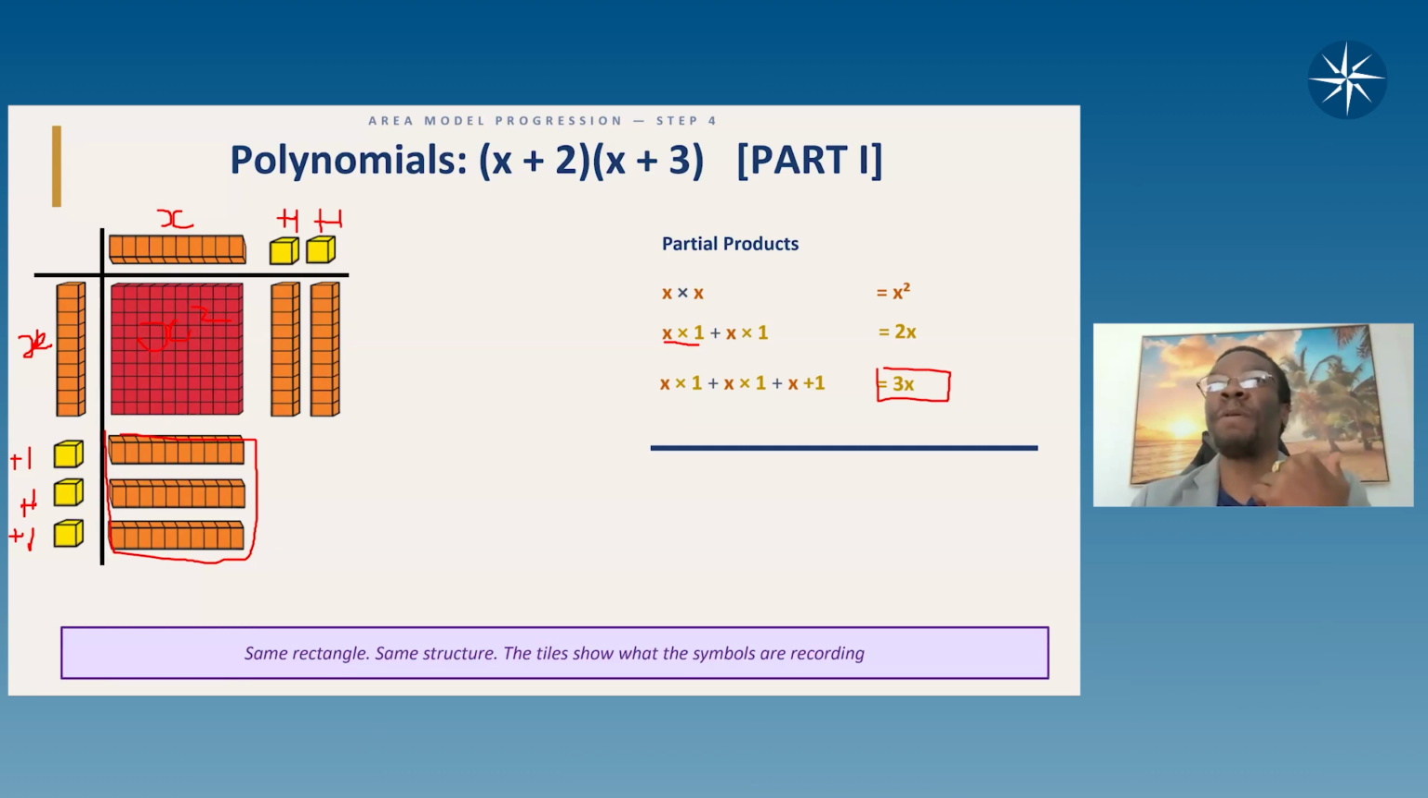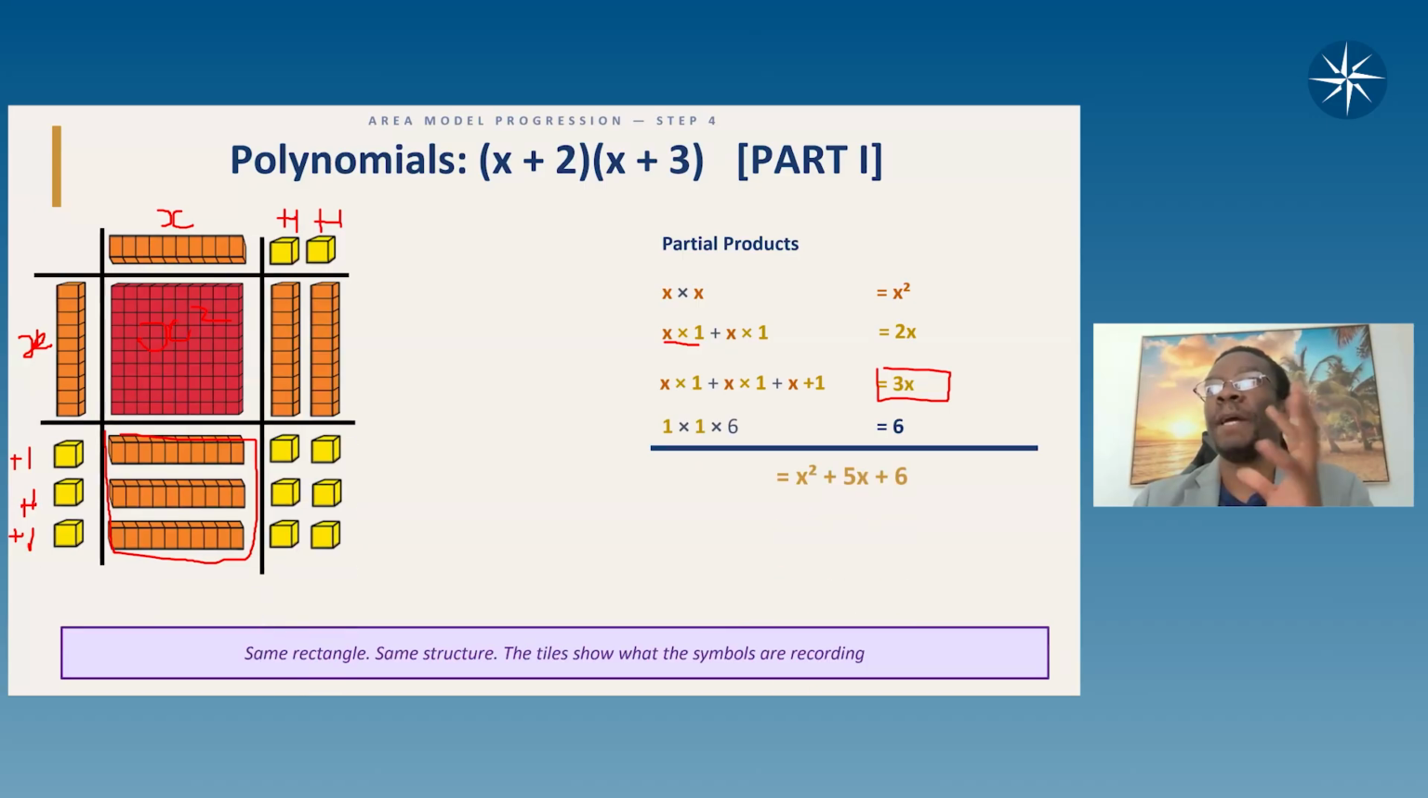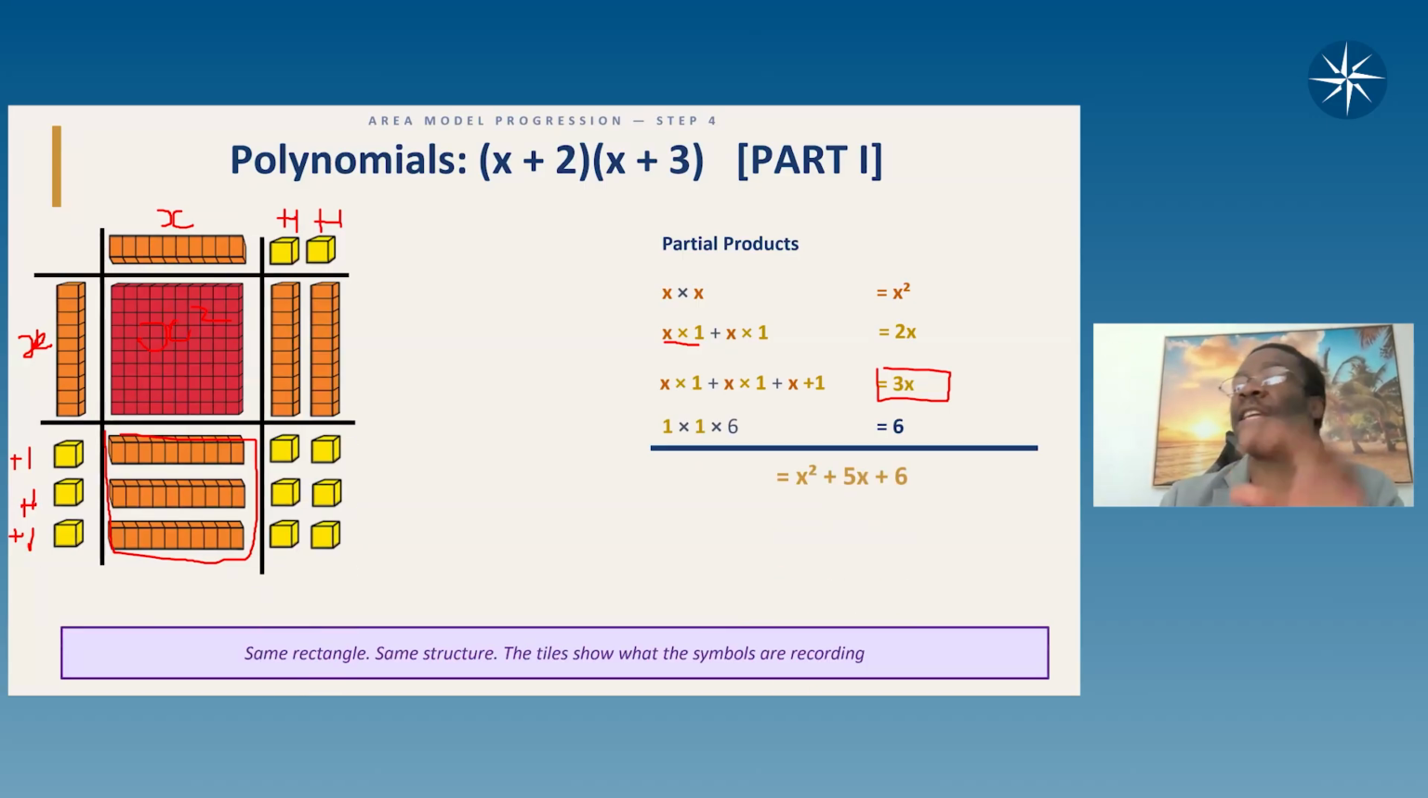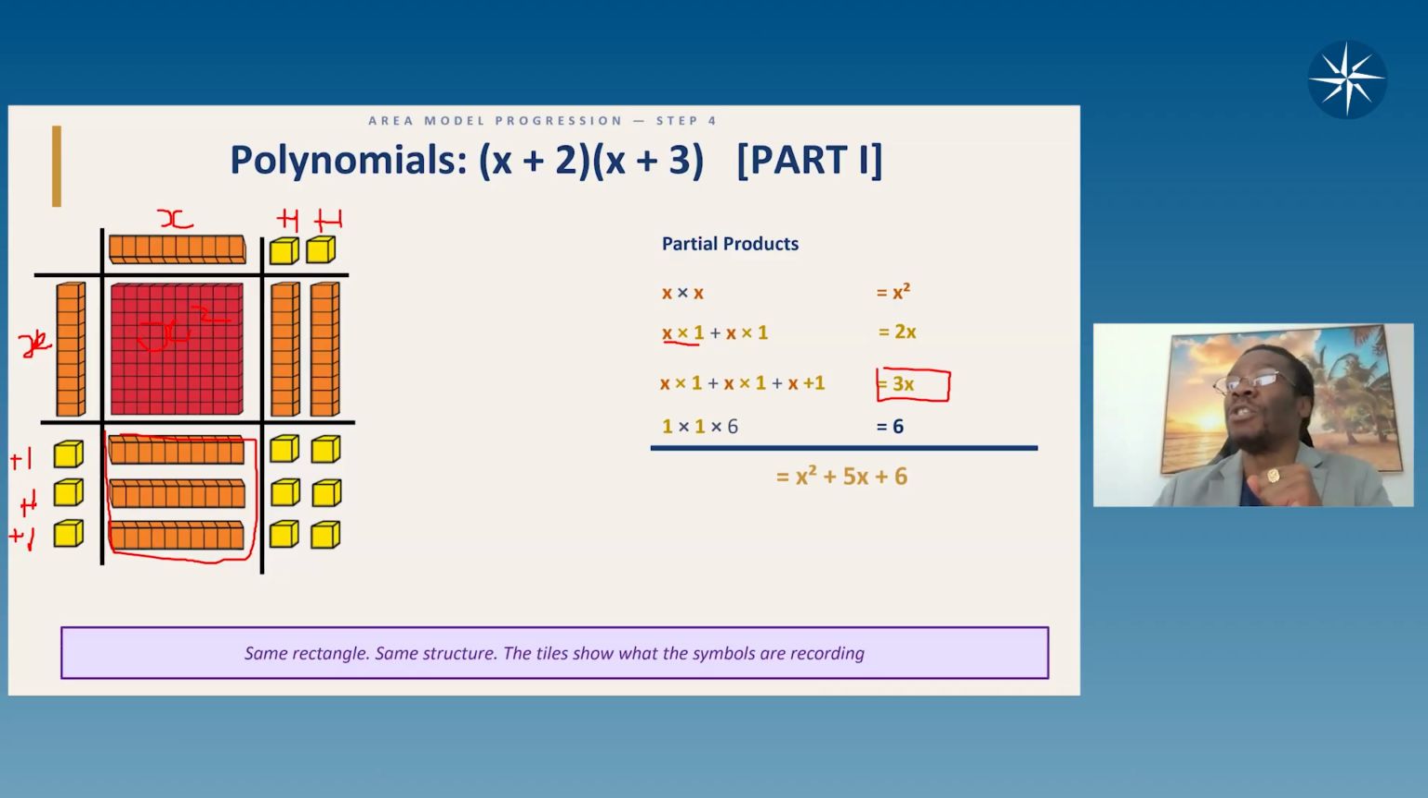Next step is to multiply the units. I kind of just should have put that grid in there. It's like creating a table. So now we have 1 times 1 is 1, 1 times 1 is 1, 1 times 1 is 1, and we did that 6 times. So that's where we got this 6 from. Now we put our partial products together, we collect like terms,